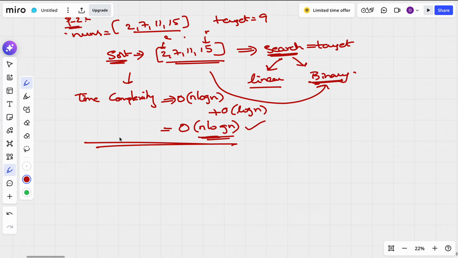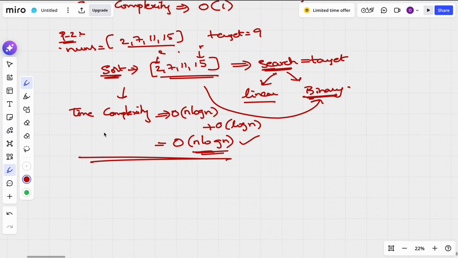Okay, and do we think this is the only optimized solution? There will be another, right? There will be a few more. If we think of it, there will be another optimized solution that we can consider, that is with a map. Cool. If we take a map,